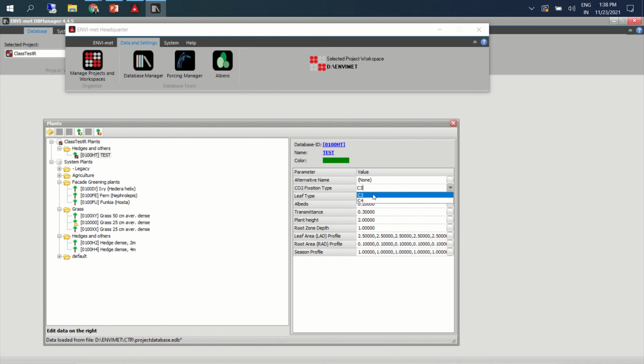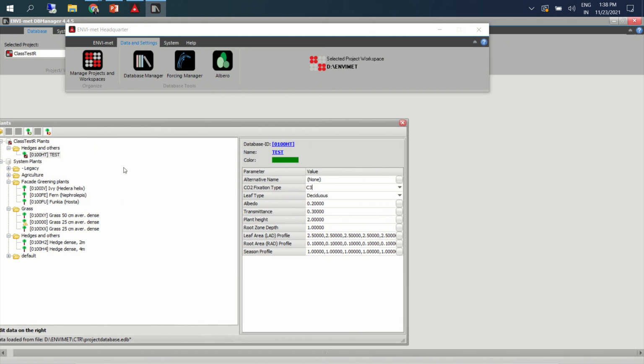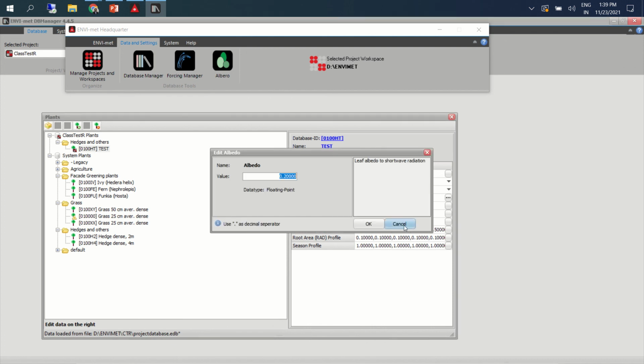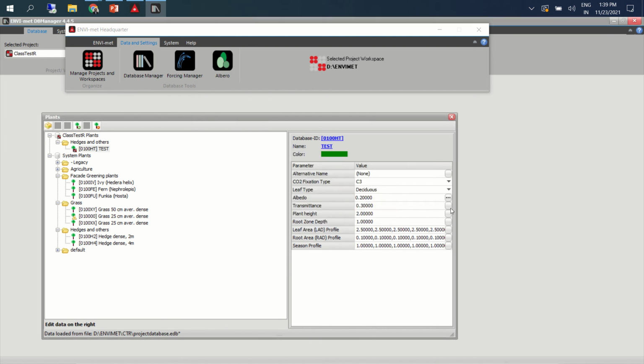Maybe there's a table in the help section for different categories of plant. What are the characteristics of the leaf? Albedo. What is albedo? I hope you are all aware. Transmittance value, plant height, type of roof, LAD, LAI, all that can be done.